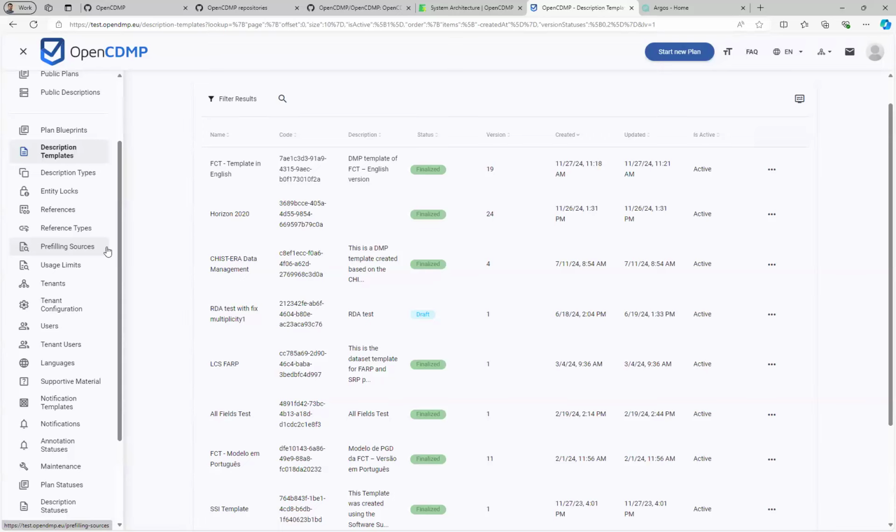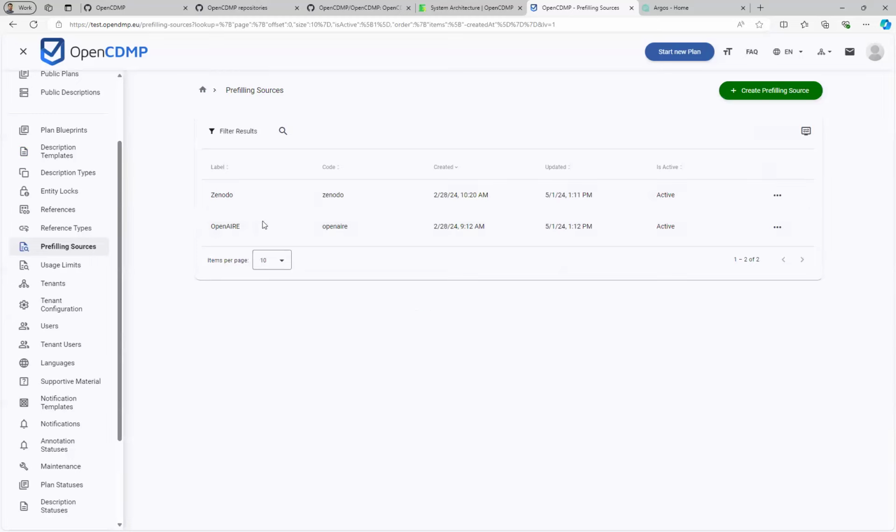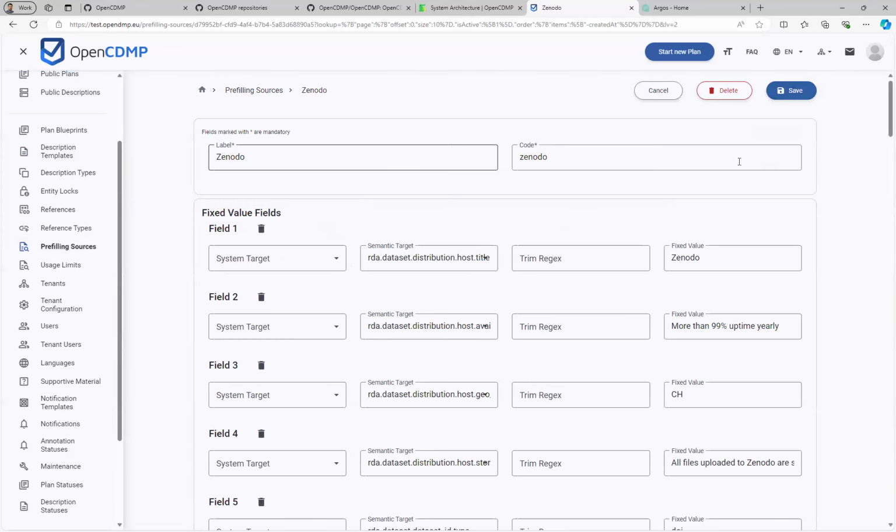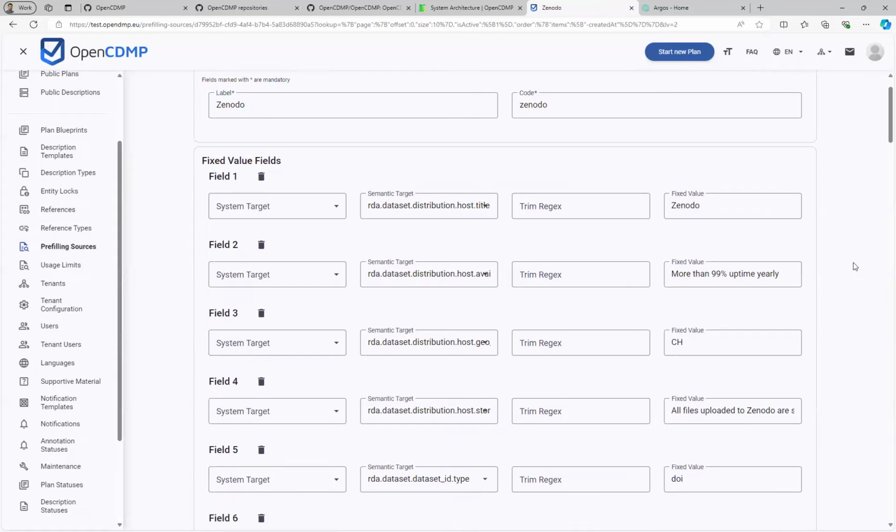This functionality was also static in the old tool. Right now it's dynamic, and you can configure here different kinds of prefilling sources. For example, in this installation we have Zenodo and OpenAIRE, where you can select an entry and use it to prefill questions.